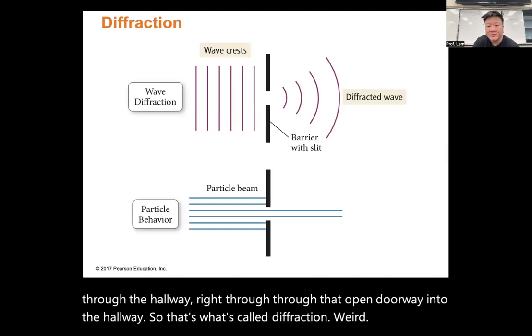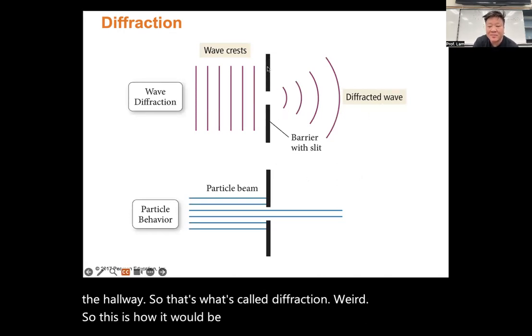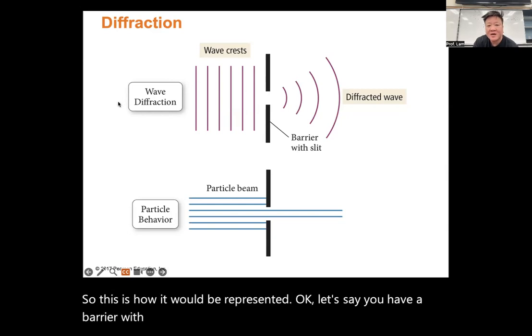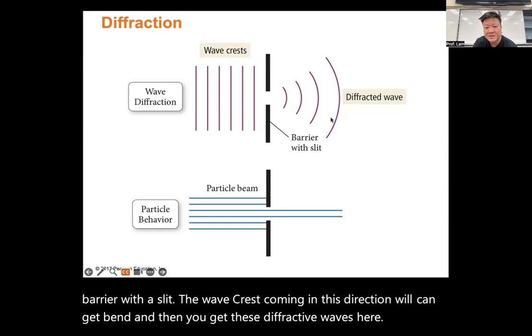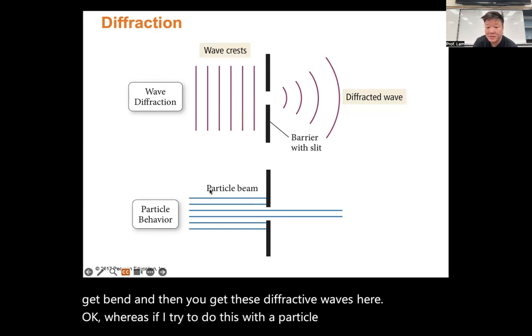So this is how it would be represented. Let's say you have a barrier with a slit. The wave crest coming in this direction can get bent, and then you get these diffractive waves here. Whereas if I would try to do this with a particle beam, only some of the particles will